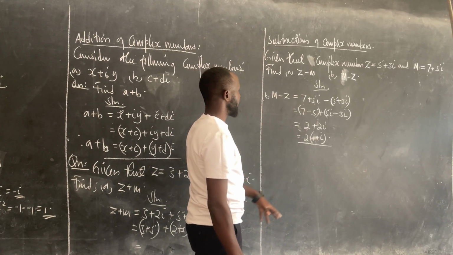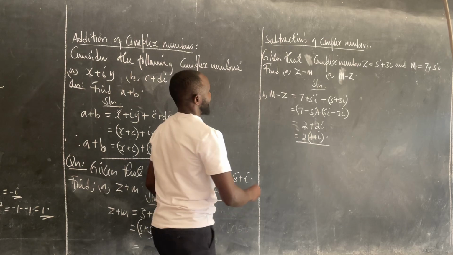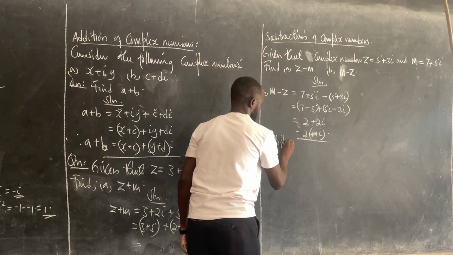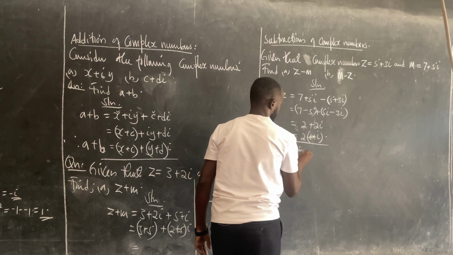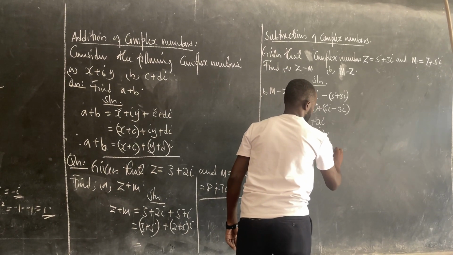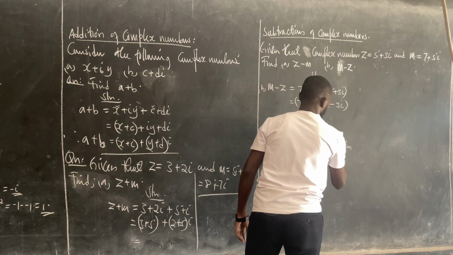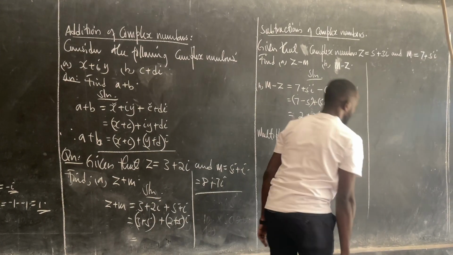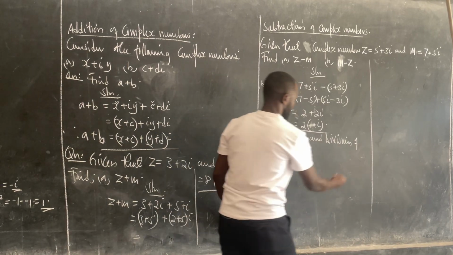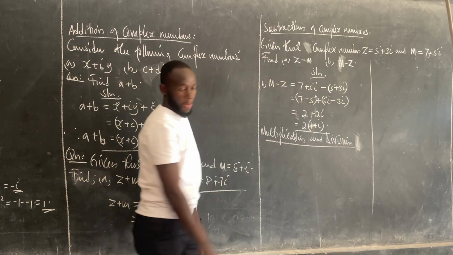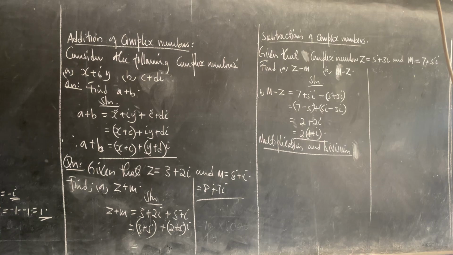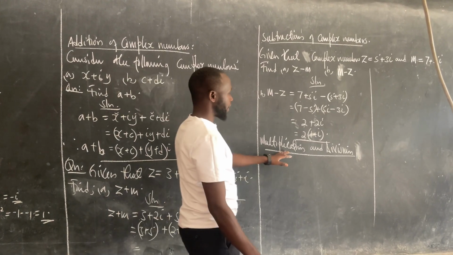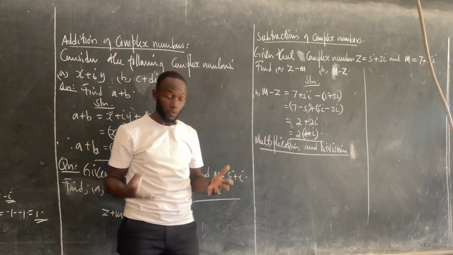Now, for z minus m, you can do multiplication and division of complex numbers. Let me minimize some space here. Multiplication and division of complex numbers. Now, when we are multiplying complex numbers, we are having two complex numbers, say,